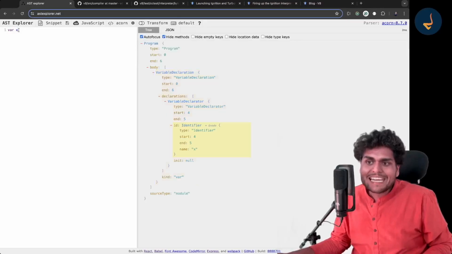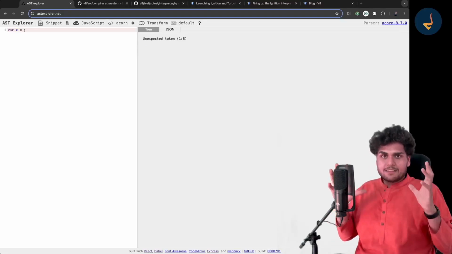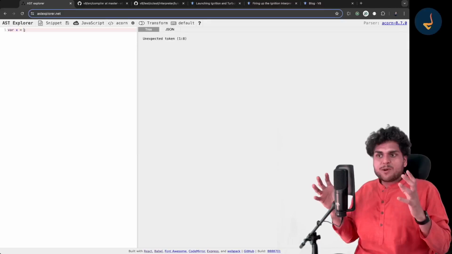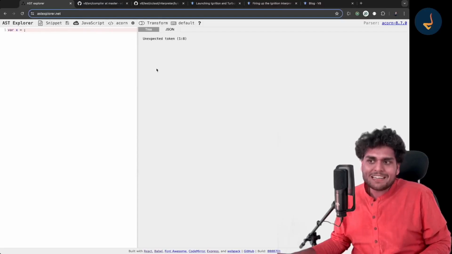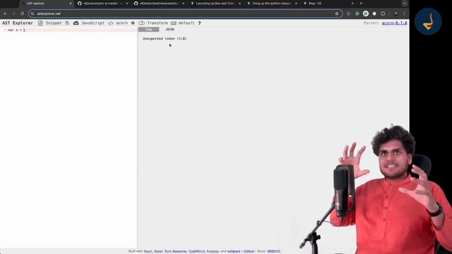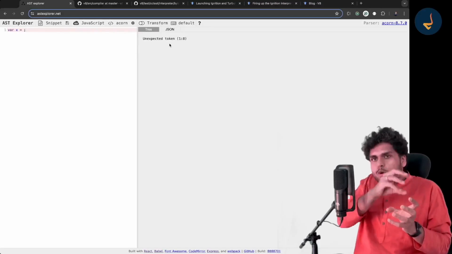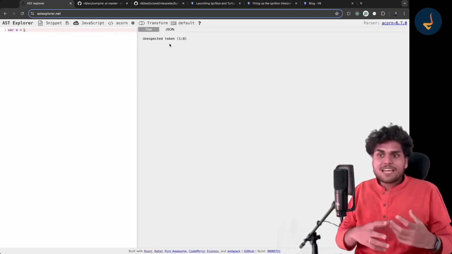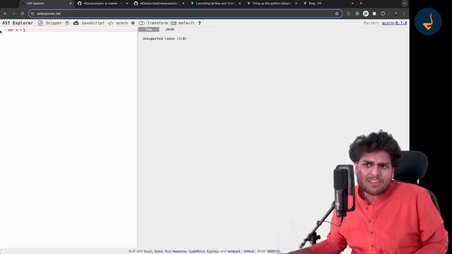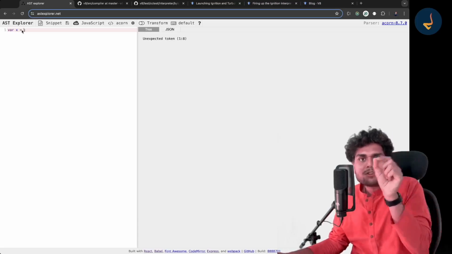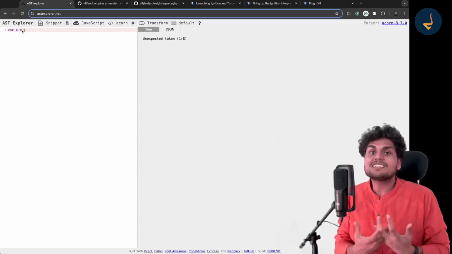As soon as I write equal to, now see, there is an error in our program. That is why it is giving me an error, unexpected token. See, when the JavaScript V8 engine is reading your code, it reads token by token. So now there is an unexpected token found. JavaScript was expecting something after that equal to sign, and we don't have it. That is why this is a syntax error.